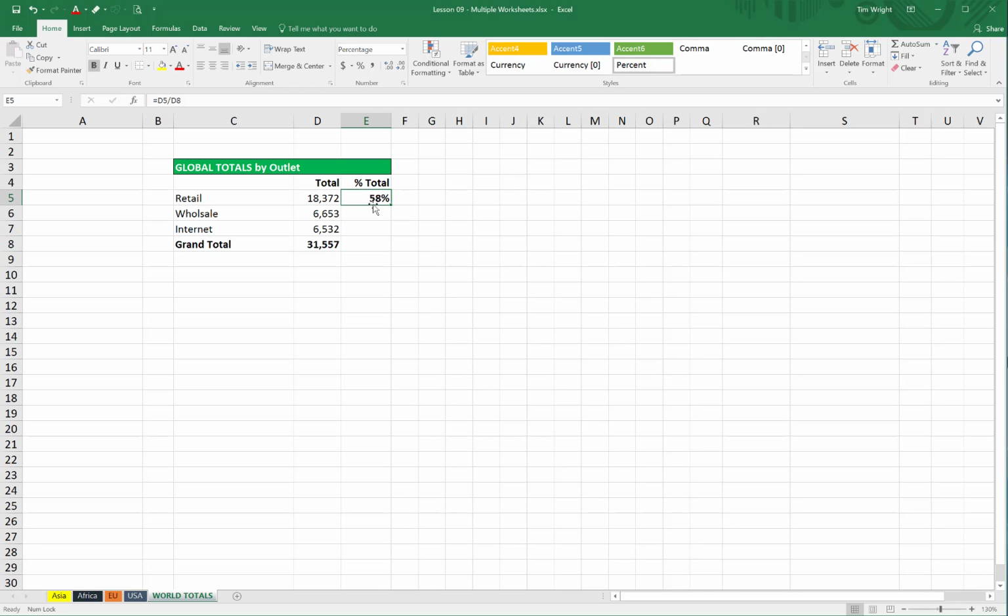I'll just say here, if we want to copy this down with autofill, we don't want this grand total number to change. You can see here it's part of the formula. If I copy this down, this will also copy down relative. So we want this number to always stay, and these can change. So this D8 right here, we want it to be